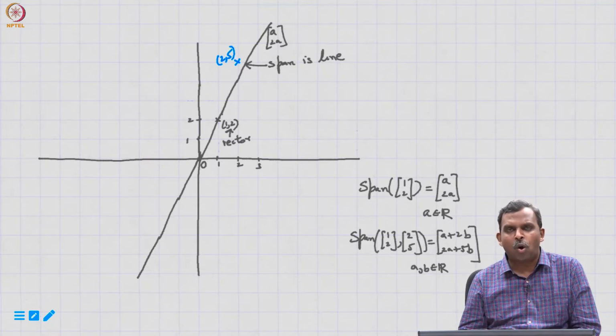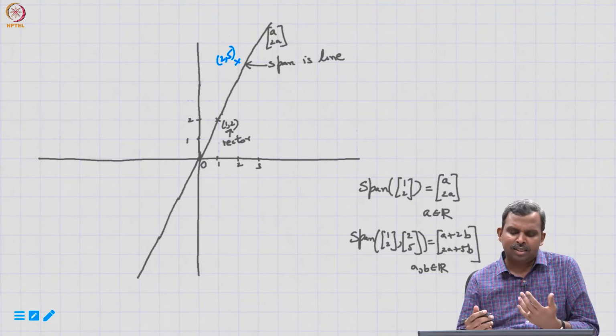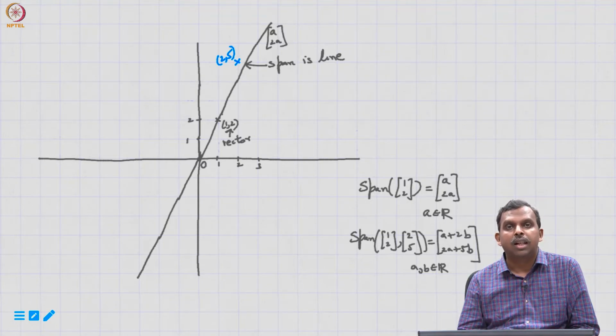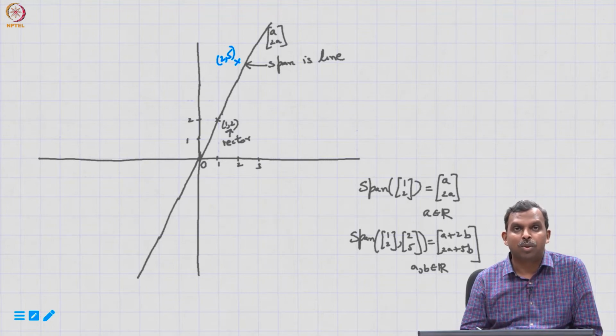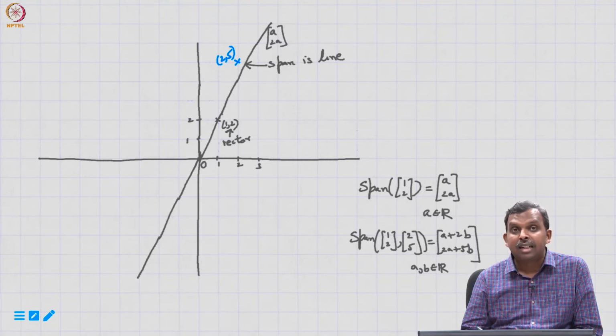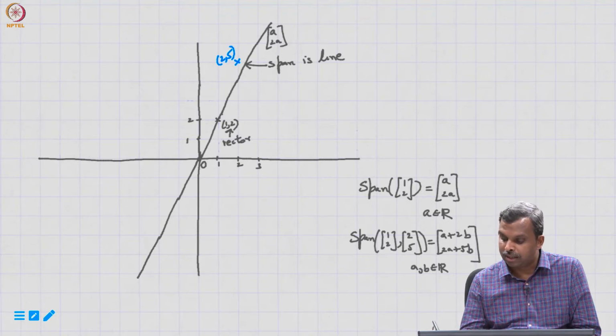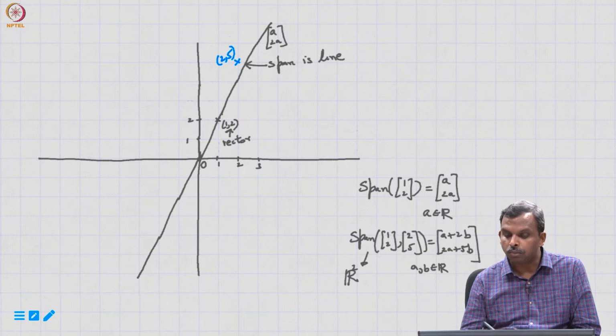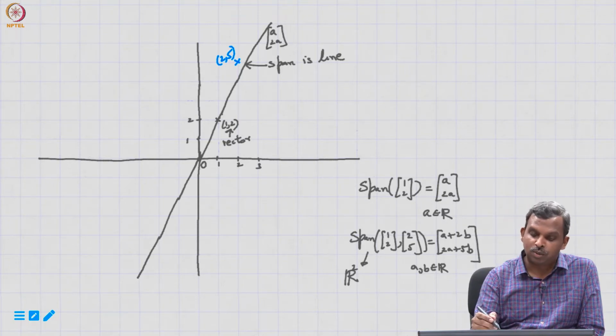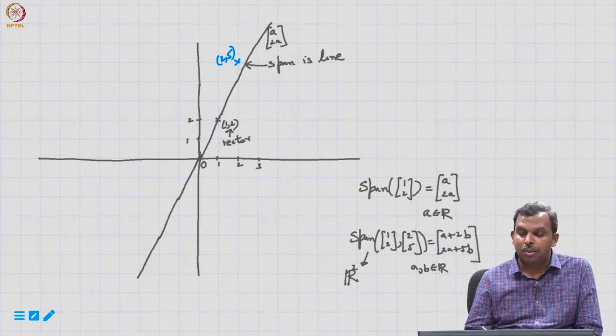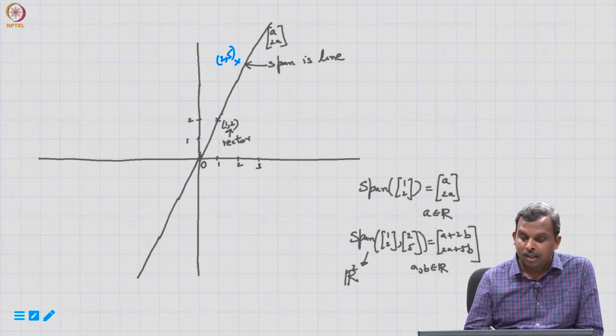It may not be very obvious to you right now, but it turns out any point can be reached by this method. We'll see some more interesting ideas of why that is true later on, but if you think about it for a little while, maybe it will be clear that I can get any point in R2 as the span of (1, 2) and (2, 5). So this set is actually the entire plane R2. Even though these two things seem to be pretty close to each other,